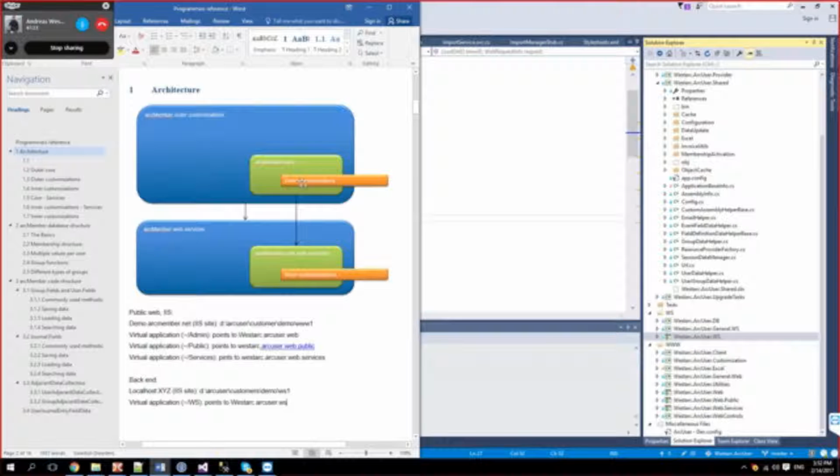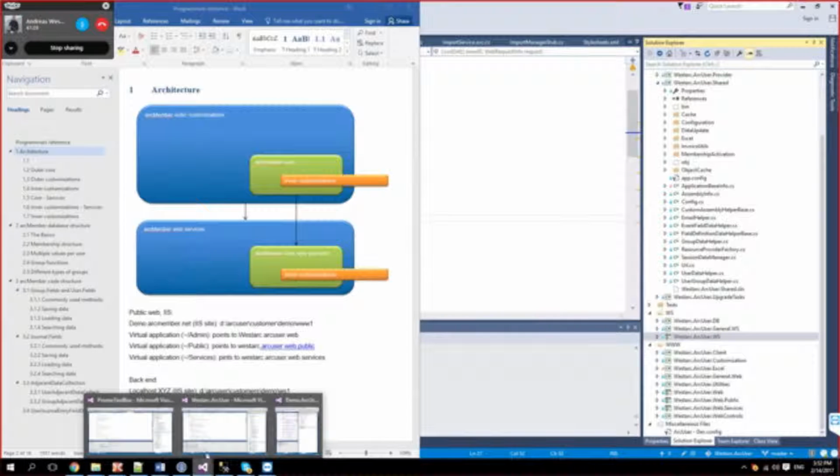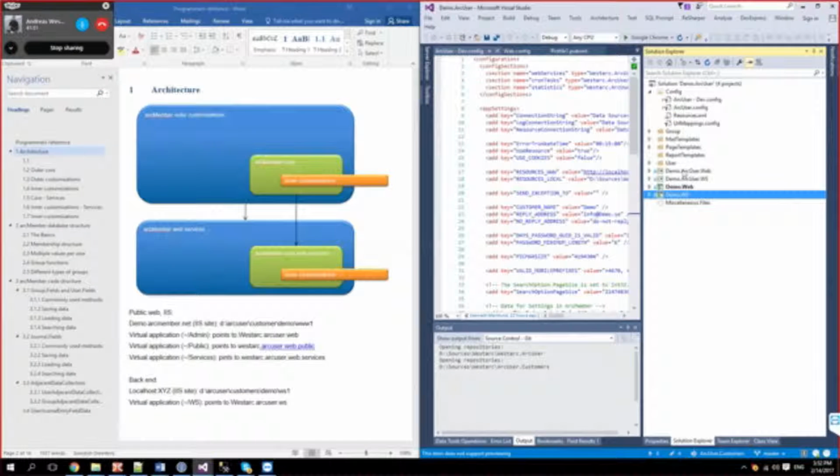When it now comes to the inner customizations, those are these two projects in the customer. Here we can build modules that are ingested into the core of our member, both front end and back end.